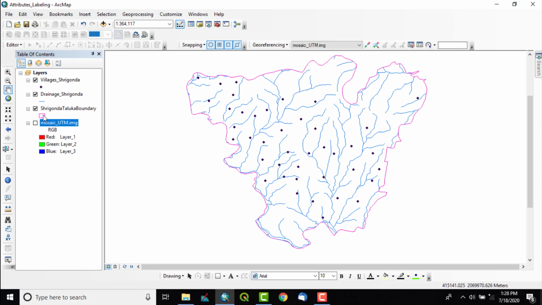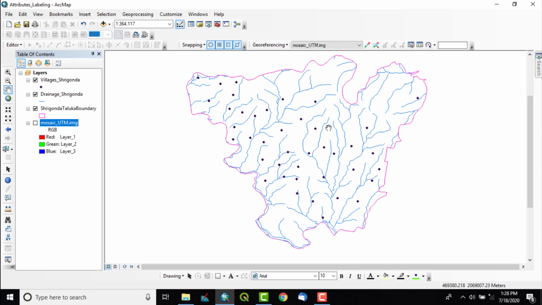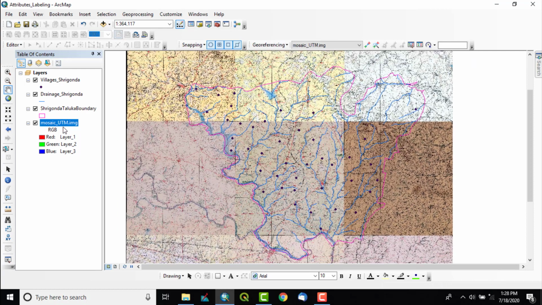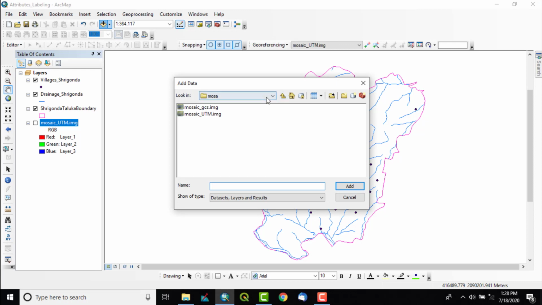Suppose here in this case I have digitized some features of Srigonda Tehsil in Ahmednagar district of Maharashtra state. So I have digitized on topo sheet. So this is the topo sheet and I have digitized mainly three features: villages or village locations, drainage network or rivers, and polygon layer is remaining.